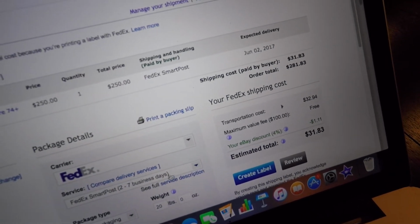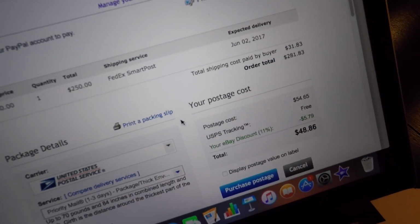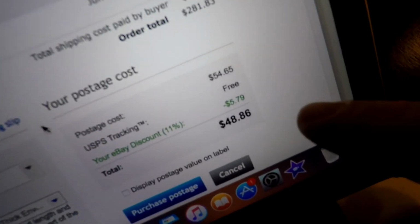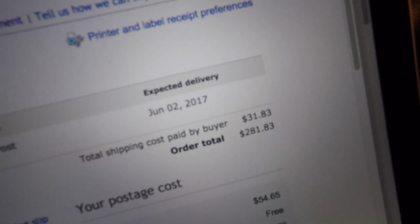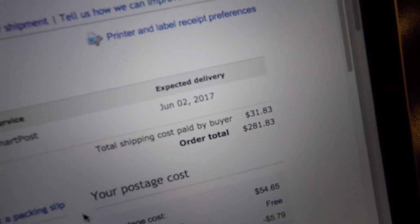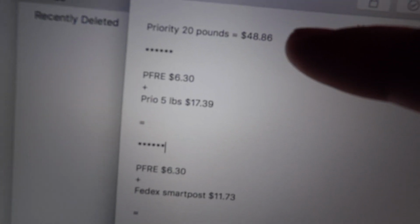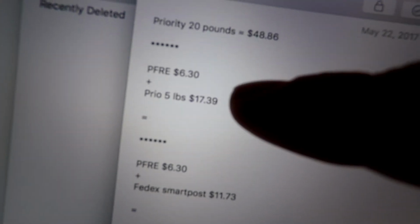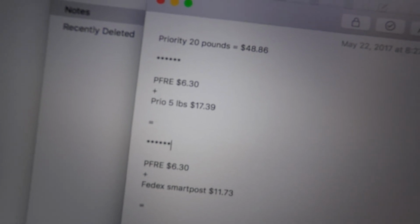And if I wanted to change that to priority to get the signature confirmation and get it to him a lot faster, check this out, almost 50 bucks. And they paid 31 for shipping, almost 32. So I changed all the settings around and figured this out. So with priority 20 pounds, 48 bucks. So here if I do priority flat rate and a priority 5-pound box for the wooden box, it would be